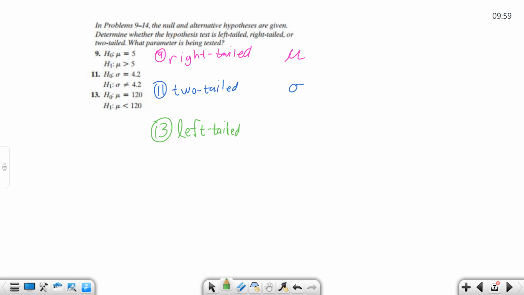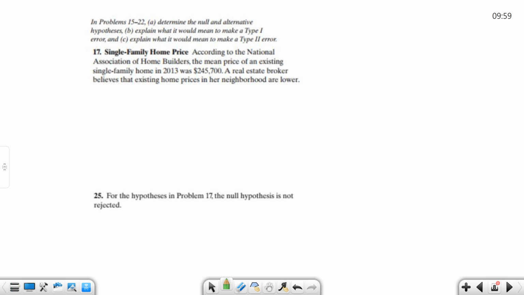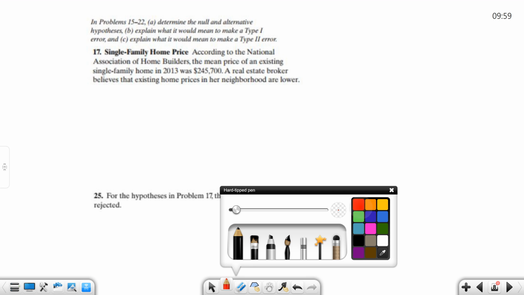Left-tailed, and that's going to be mu. Mu is being tested there, all right? So right-tailed and mu for 9, two-tailed and sigma for 11, and for 13, left-tailed and mu. All right? So here,